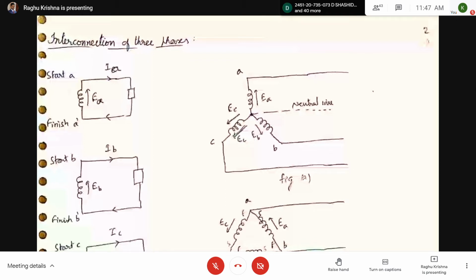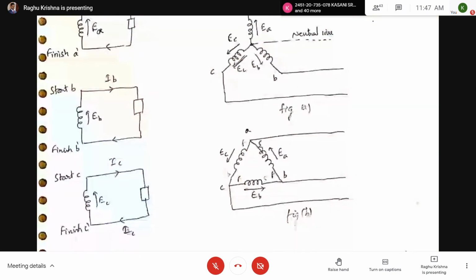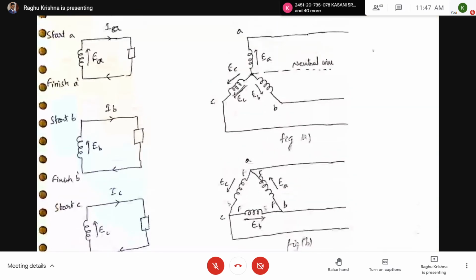We have three coils. The first coil A produces the phase A voltage, coil B produces the phase B voltage, and similarly coil C produces the phase C voltage. Here we would require 6 wires for the transmission of power. So these can be interconnected to form a three-phase system, thereby reducing the amount of copper required, and we can also transmit the power with better voltage regulation. On the right side you can see two types of connections. The first one is the star connection, the next one is the delta connection.